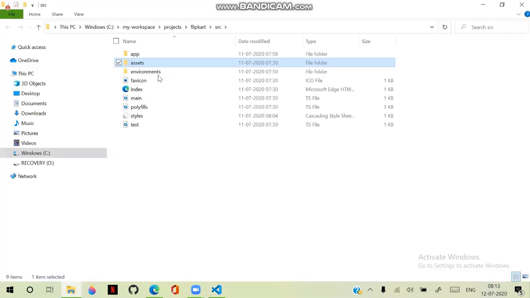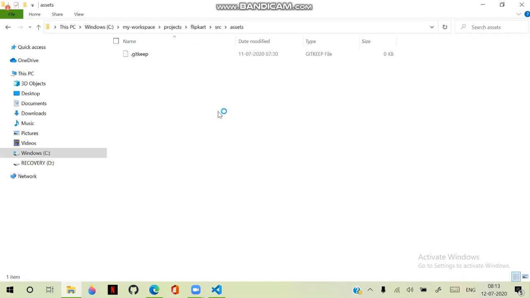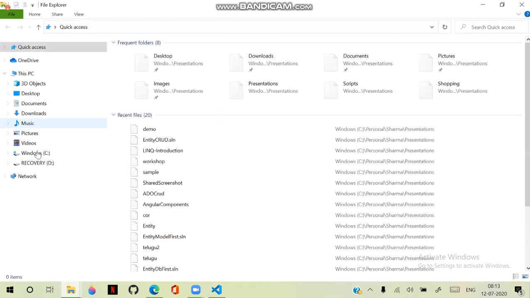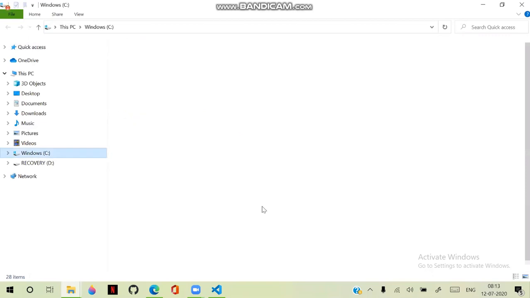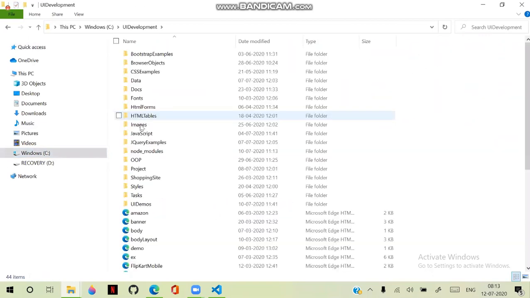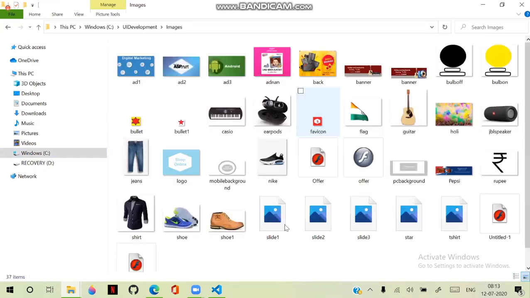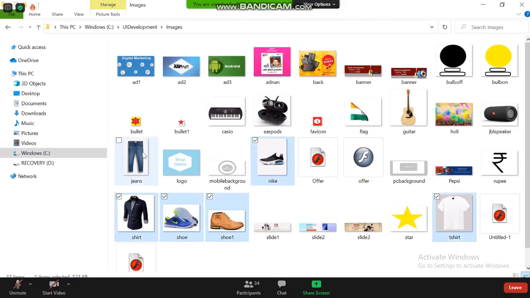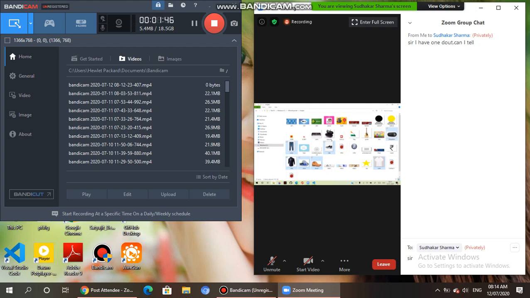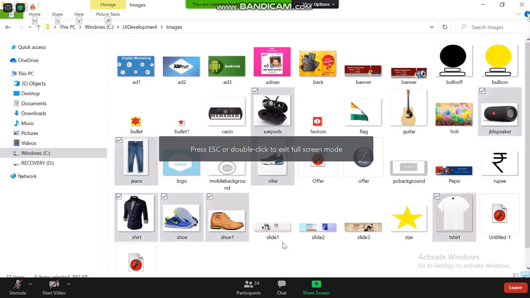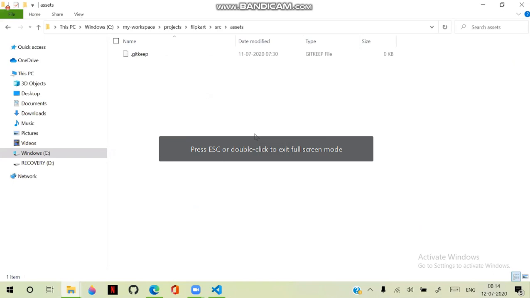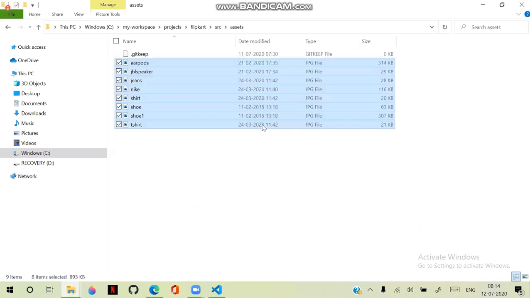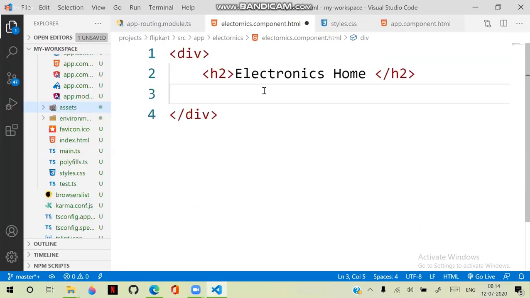We haven't added any data into that actually. So let's access some data and keep it here. So in images, I have some images here. I'm copying some images and adding them here. Okay, so in the electronics, I have just an image